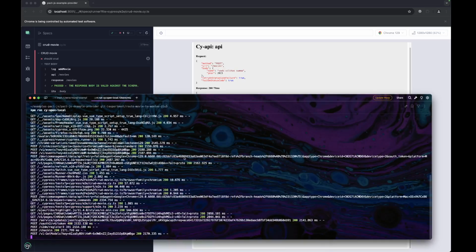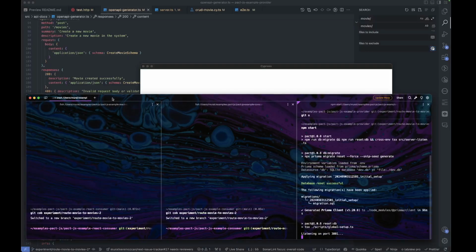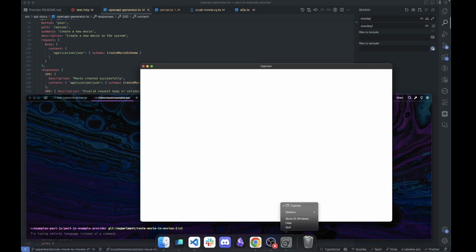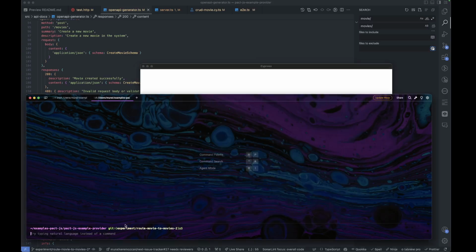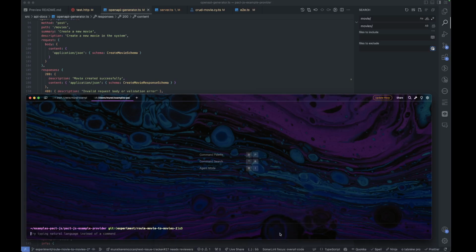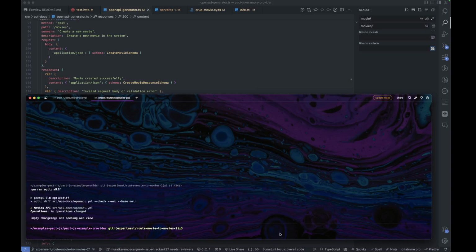Another check that we have at the provider, and I'll just open a second tab, is Optic. That one is a schema verification tool. So we'll just say Optic diff. This compares your schema before and after. Right now, of course, no schema change, right? This happens automatically in the CI.